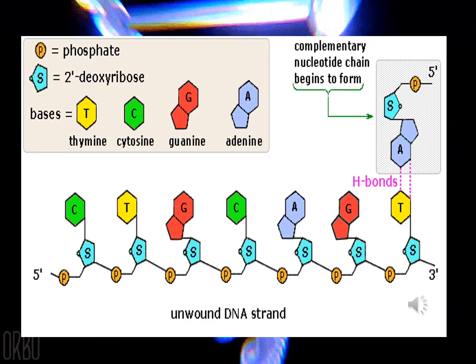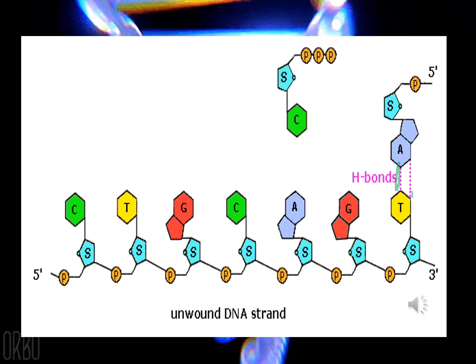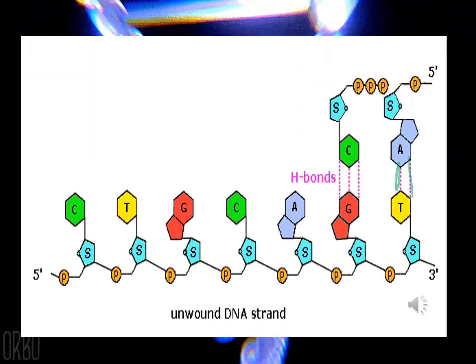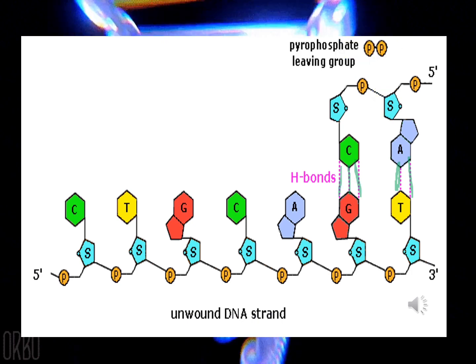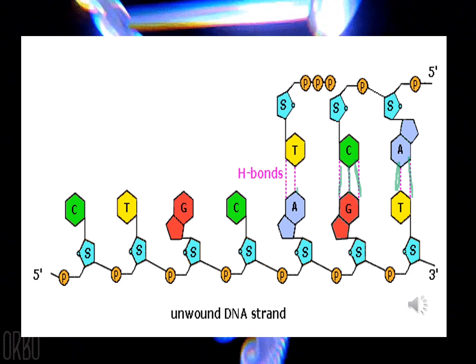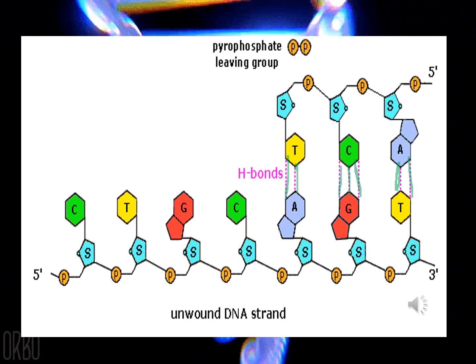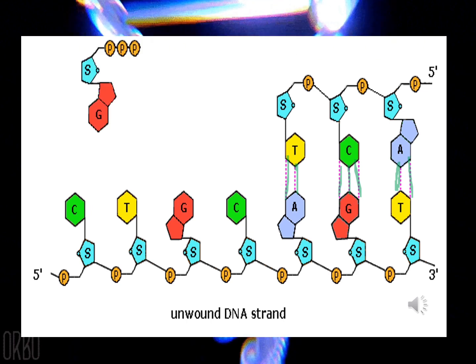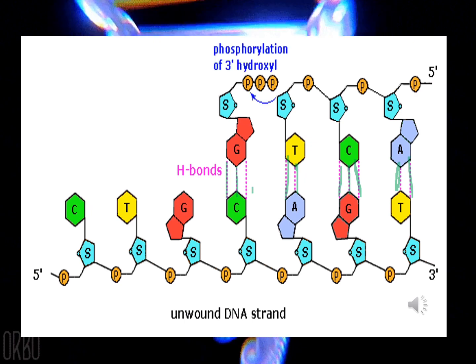So here we have T paired with 2 hydrogen bonds with A. G with C, 3 hydrogen bonds. A, what do you think? Quickly. Yeah, so T with A, 2 hydrogen bonds. Then C with G, 3 hydrogen bonds. And as you see,